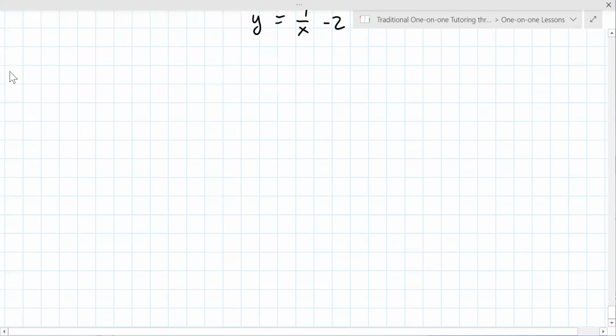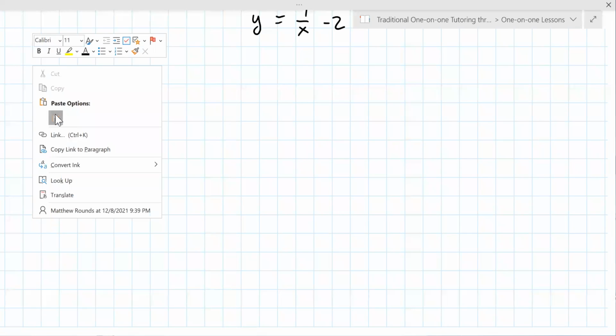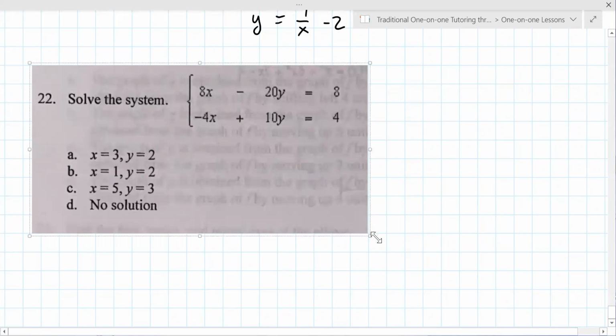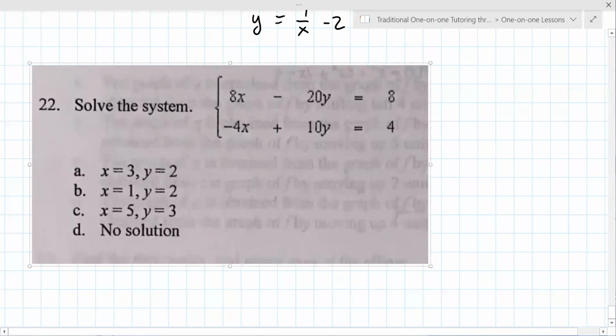All right, so this one's to solve the system. You do not want to try the answers. If you try the answers, you have to try them in both, and I'm not sure that's a fast way to do it. It would work. If you had a calculator, you could put this into your calculator and just ask it to solve it. I don't know if you've covered that yet, but the more common way here is for you to use